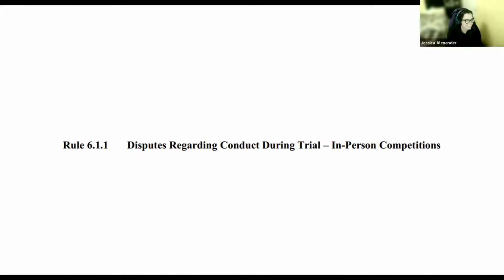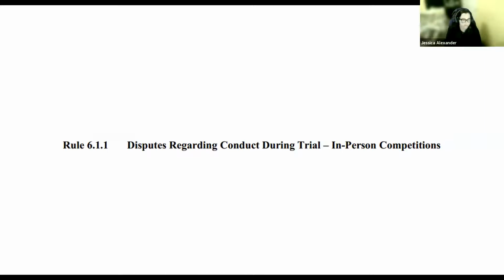And the last thing I just wanted to highlight is rule 6.11, which addresses disputes regarding conduct during the trial. It tells you how to make those rules, to allege rules violations, what the process for that is. And generally speaking, you're probably not going to know what the judge's decision regarding a rules violation is. The vast majority of the time it's taken under advisement. The judges can decide whether or not to assess penalty points, if any, and can determine whether or not they think it was an egregious enough rules violation for any further action.